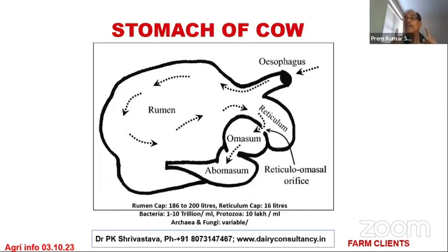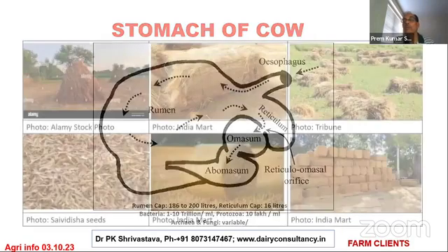So how is the fiber important? It makes the upper layer. A cow drinks about 20 liters of water. So once it takes the fodder, once it takes the water, the fodder floats in the upper layer of the rumen. And the solid thing, suppose you have fed fodder which is very hard, it is not going to be digested. It will settle down on the bottom of the rumen, right?